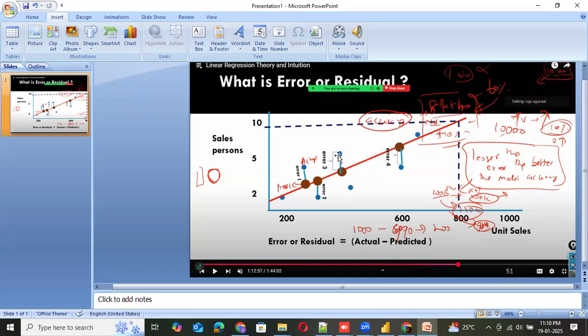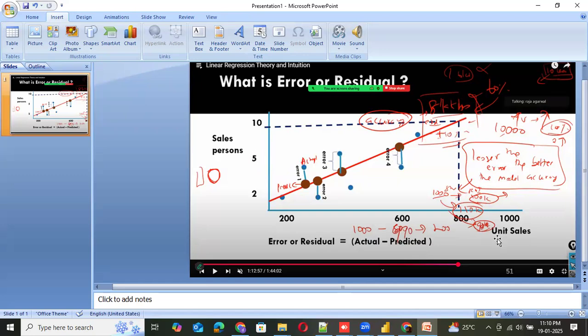Best fit line is the line which covers as many data points as close as possible. So this line is close to this one and somewhat close to this one, somewhat close to this one. That is what your best fit line is. And I told you very clearly, all the predicted values will be plotted on this best fit line. These are your actual values. When you draw a line between the actual and the predicted value, and if you compare, for example, here, see here,